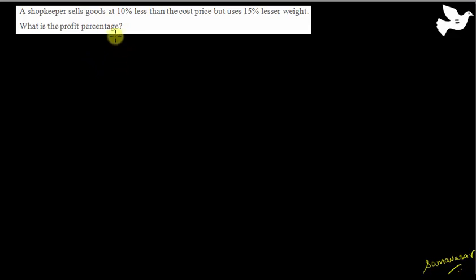A shopkeeper sells goods at 10% less than the cost price but uses 15% lesser weight. What is the profit percentage? Now in this case, let me assume that there were initially 100 grams of stuff, but he's using a weight which is 15% lesser. So when he's selling to the customer, he says that I'm giving you 100 grams, but actually how much is he giving? Actually he gives only